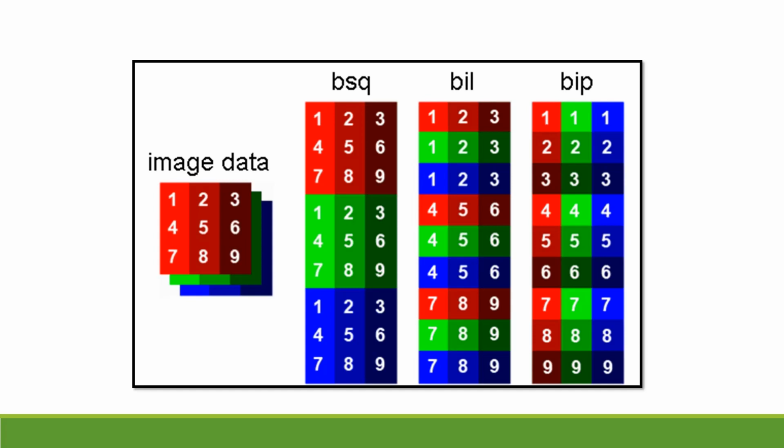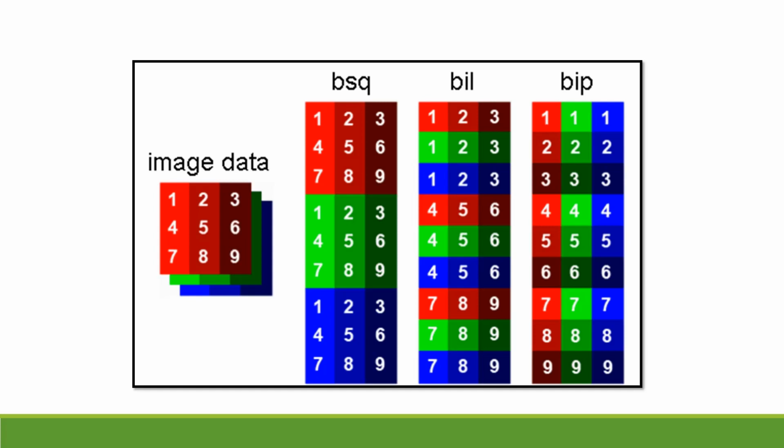When our first line for all the layers is completed, then we have moved on to the second line. As you can see in BIL format, the fourth line is the second line of the image data for the red band. So in BIL we have saved the data line by line. Now we will move on to BIP format.